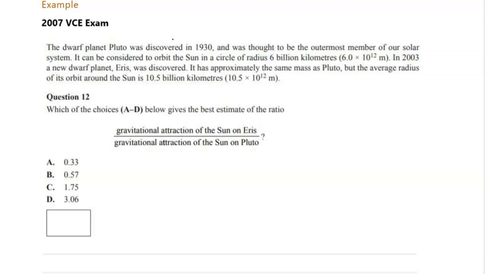So, dwarf planet Pluto. In 2007, when I was doing my IB exam, I think that was the year that Pluto was demoted to a dwarf planet. And on my exam, I still had to write that Pluto was one of the planets of the solar system because we had an old study design. That's a cute little